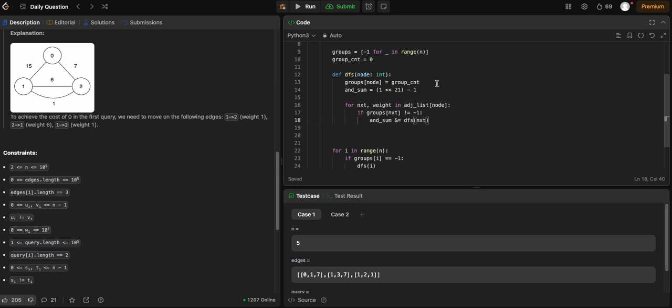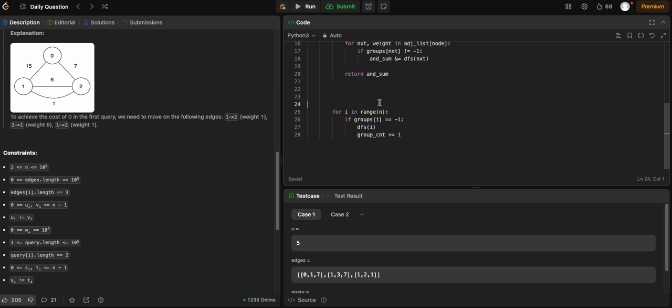And then of course we'll mark it here and then we do the same thing. Wait, yeah, true. What if there are no edges? Wait, if there are no edges and you do the end, it's just going to end this. Yeah, so it wouldn't matter. So if that, we just want to do this and then at the end we can just return end